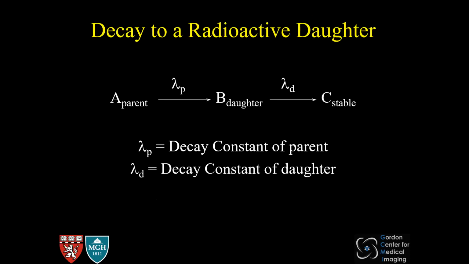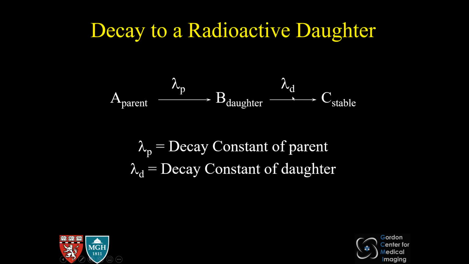So I'm going to skip through a couple of these things to get into some ideas of multiple decay schemes, which complicates things a little bit. So here we're going to be talking about not something quite as simple as our common decay schemes, in which we've got a radioactive parent atom that decays into a stable daughter. Instead, here what we're talking about is a radioactive parent isotope that decays into a radioactive daughter isotope, which then decays into something stable. So we've got 2 separate decay constants here,